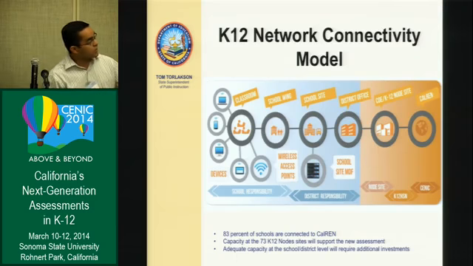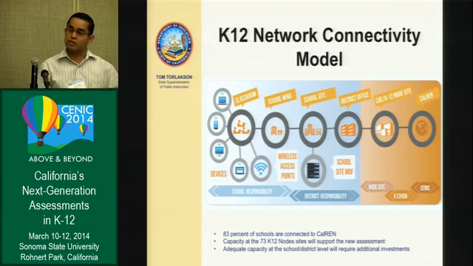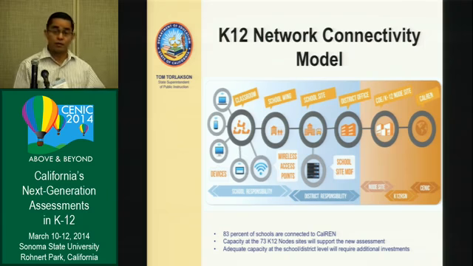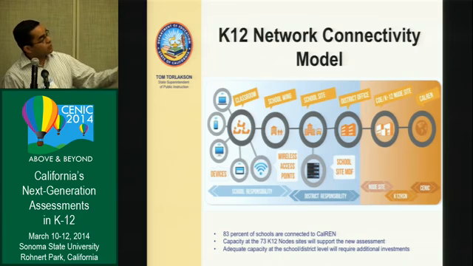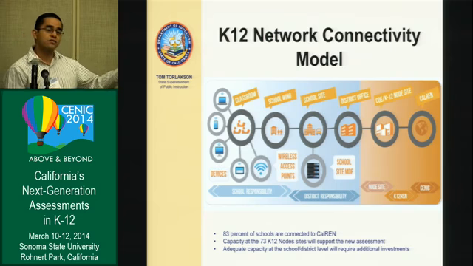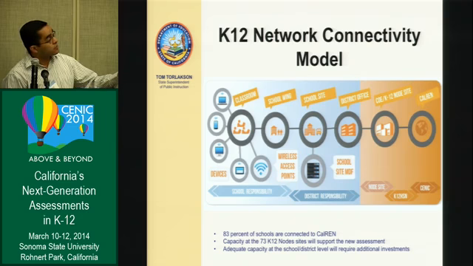And so we developed this graph because there's a lot of anxiety in the field and people are really trying to understand how the network operates. We have a lot of layers. We go down to the classroom or the typical assessment environment. This could be a classroom, a computer lab, or a learning space. And this is where the endpoints connect. This is where you typically see your wireless. From there, you go to the school wing. The wing is where you have an aggregate of classrooms, and then from there, you connect to the school site.